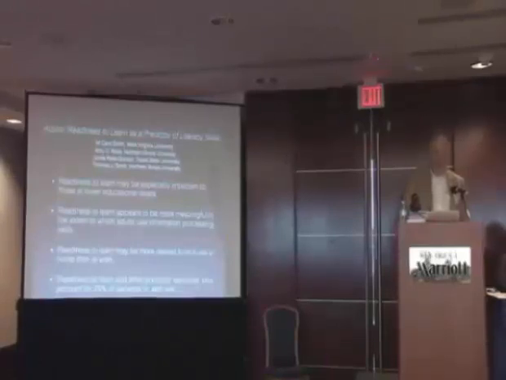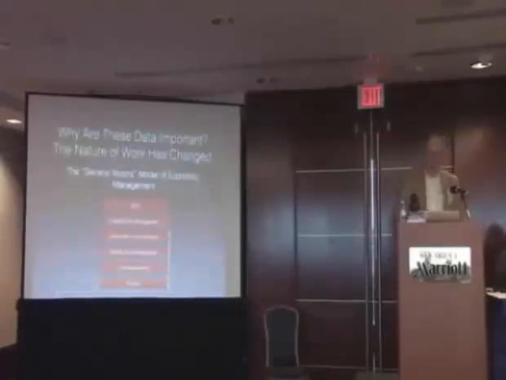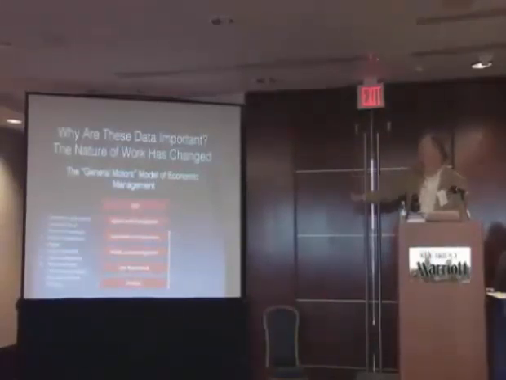So why are all of these data important? Well, we saw some images at the beginning. The nature of work has fundamentally changed. This is a General Motors model of economic management, top-down, command and control. And you waste the intellectual capital of all of these levels over here. The bottom 2/3 of the levels, people contribute very little intellectual capital to solving the problem. The orders come from up above. The line worker at the bottom just implements them, contributes little to the process, and we saw what happened to General Motors.